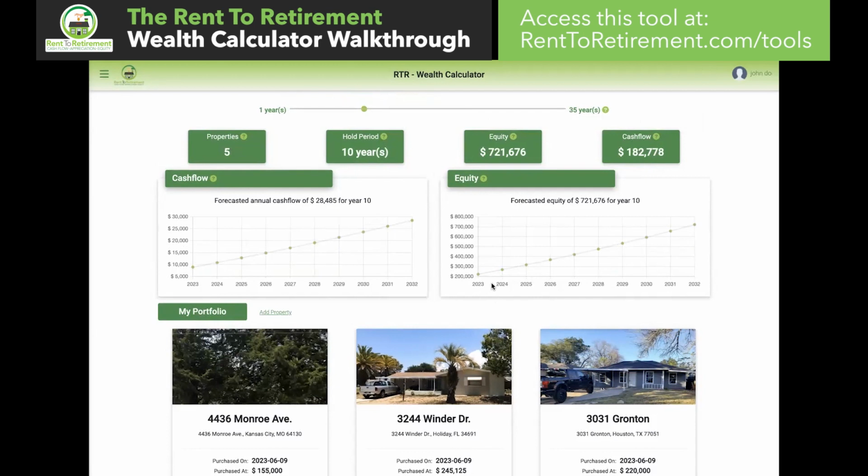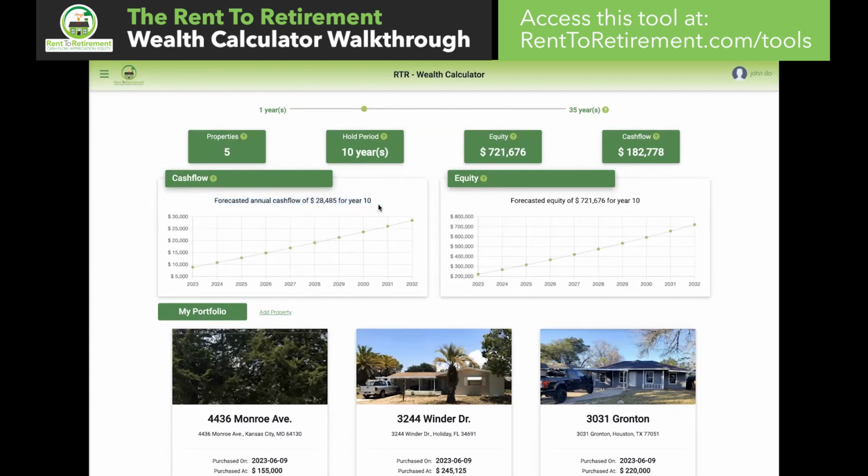Now, if you wanted to look at annual cash flow to say, all right, well, how much am I actually bringing in in year 10 annually? That would be down in this graph right here. And that's an important distinction to note, that this cash flow is cumulative across the portfolio for 10 years. And then this is what I'm receiving per year at year number 10. Okay. And you can actually go through and look at each one of these. So year 9 would be 26,000 and year 8 would be 23,000. But year 10 on this portfolio, you'd have